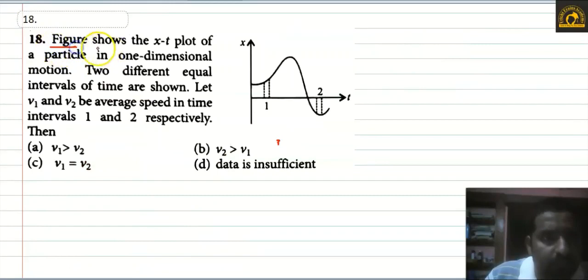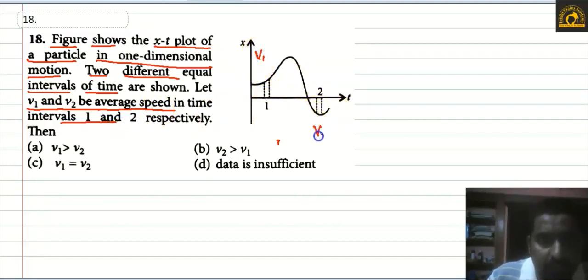The figure shows an xt plot of a particle in one-dimensional motion. Two different equal intervals of time are shown. Let v1 and v2 be the average speed in intervals 1 and 2. So this one is v1, and this one is v2. Which is greater? That is the problem. Now, in the xt graph,